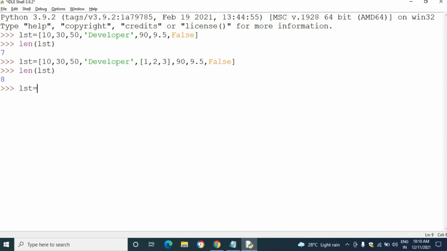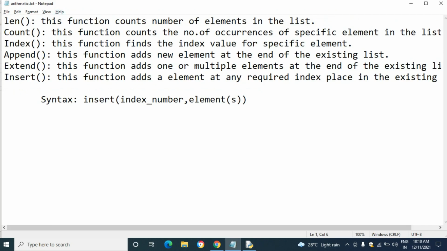But I am taking one more list, lst equal to, just taking the duplicate elements. Okay.